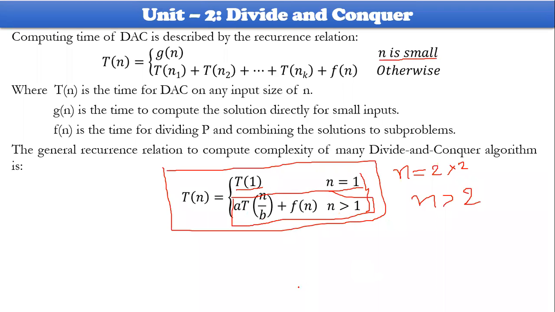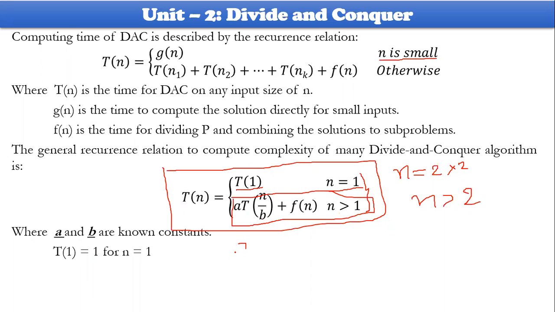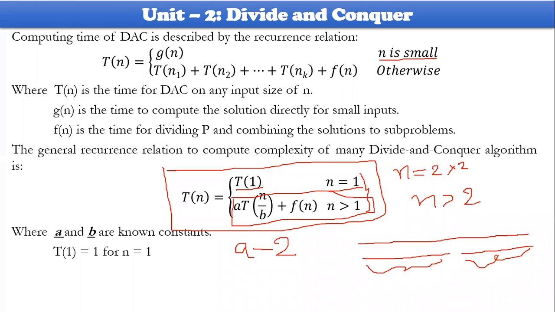Okay. So what is the importance of A and B here? So here A will always be concentrated. If you divide our problem, let us consider your problem is this one, and after some time the problem will be divided into two partitions. So A will always be concentrated on whether you consider the first sub problem and the second sub problem as well. Two sub problems will be considered for getting the output or not. So if two sub problems are taken into consideration, it will be two.